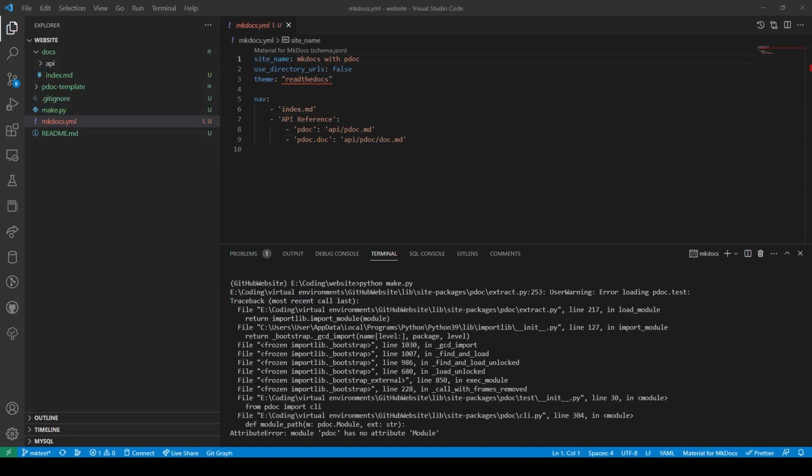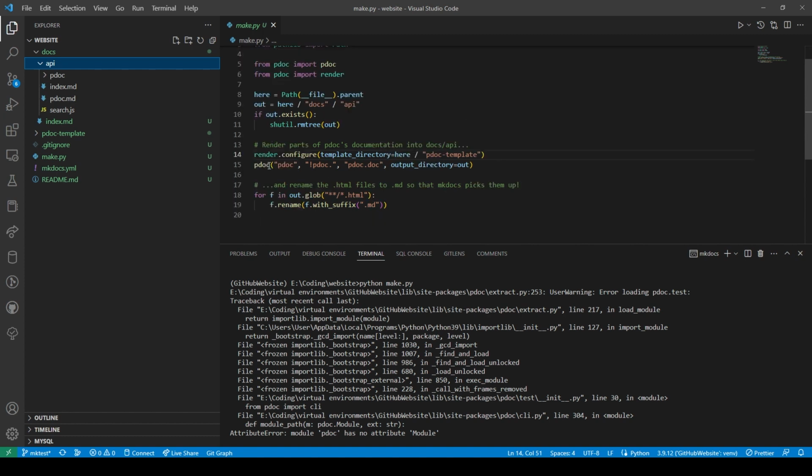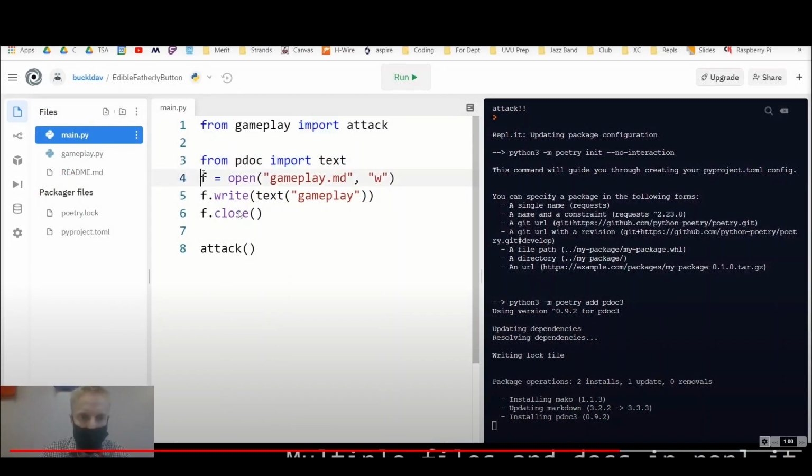So this thing clearly makes this folder, and then it also turns HTML to MD. So now I have to figure out how to actually